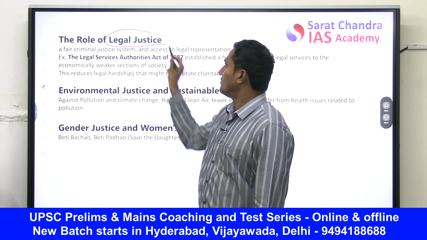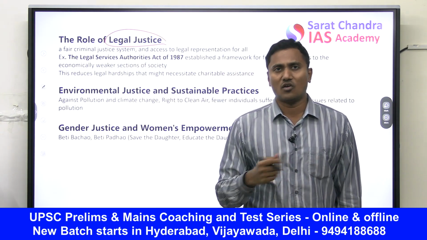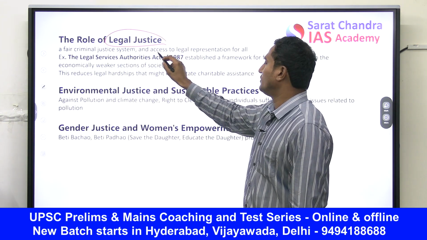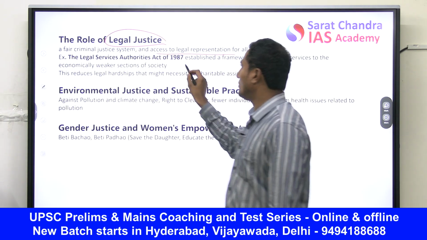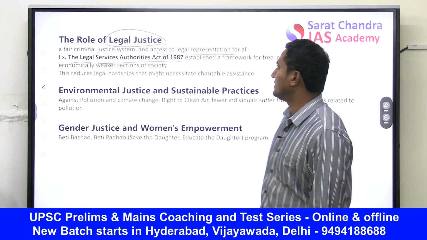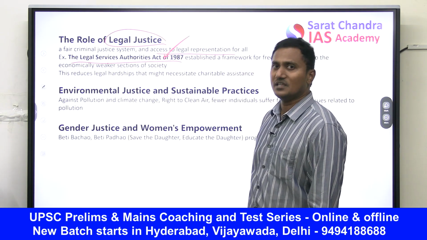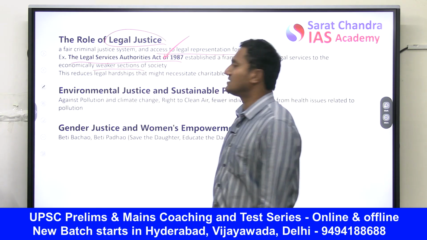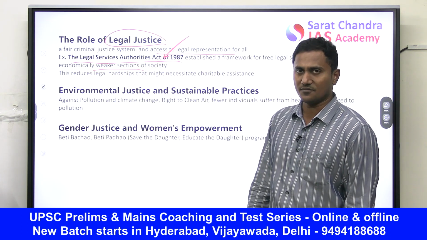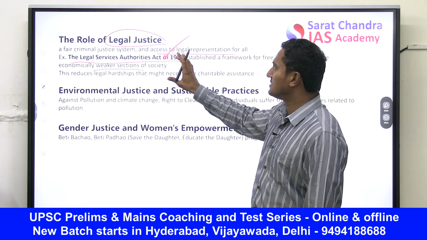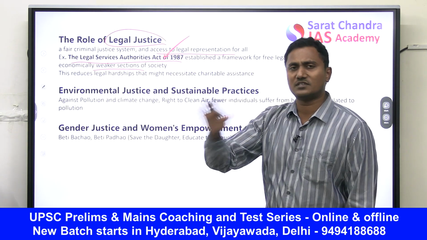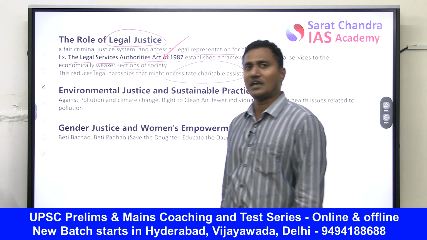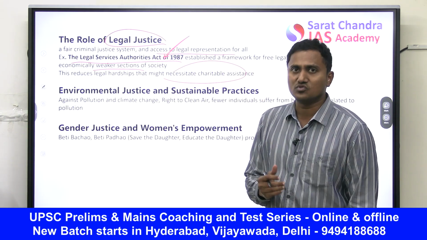Similarly, legal justice. For example, many may not be able to afford a lawyer, and hence they may not be able to really get a fair trial. Hence, to increase access to legal representation, the Government of India enacted the Legal Services Authorities Act 1987, which actually comes out of the DPSP. Because of this, even economically weaker sections are able to access a fair criminal justice system, and thus legal justice is achieved. Because of that, to a great extent, we cannot say completely, the necessity to depend on charitable organizations has reduced considerably.